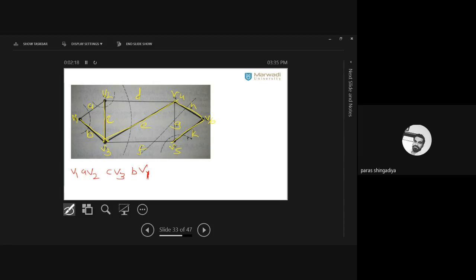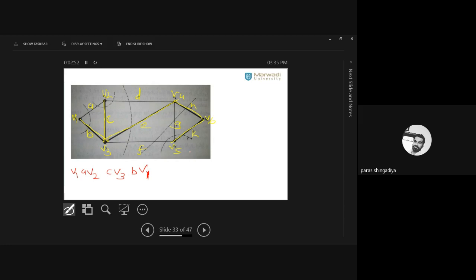So now check this set of edges, and in such a set of edges we consider only a single chord and the rest of the edges should be branches. Only one chord should be there, and what should the rest of the edges be? Branches. So here A is our chord, and B and C are the branches. So this circuit is known as a fundamental circuit. Take only one chord, and the rest of the edges should be branches. Clear? Let's derive another example.